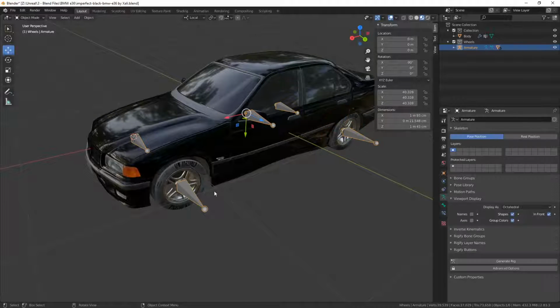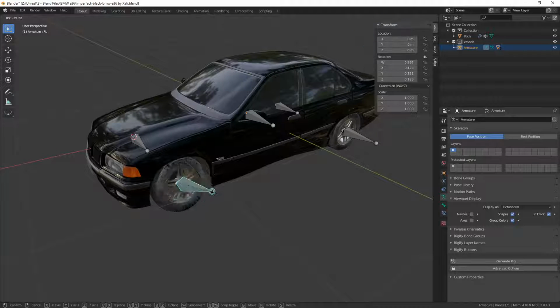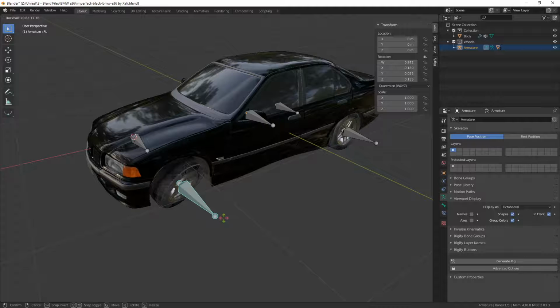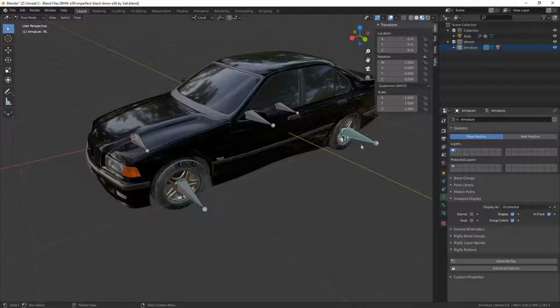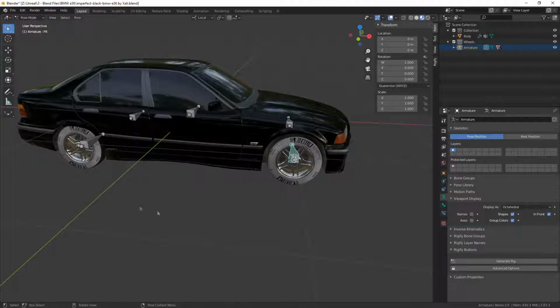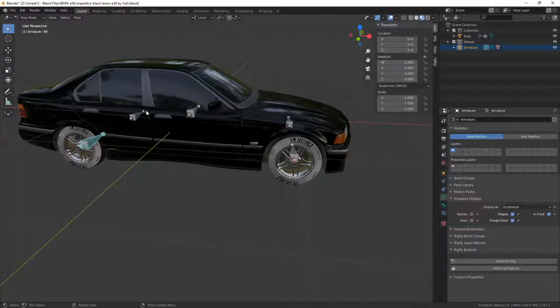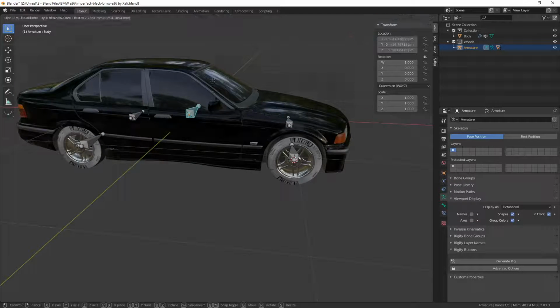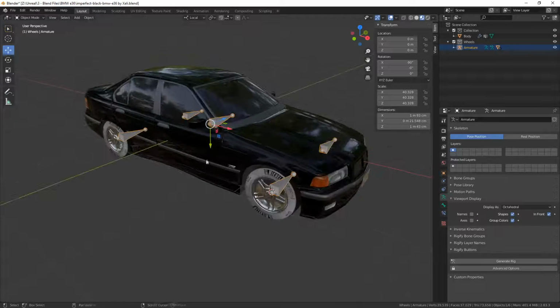And you can test this out if you select the armature and Control Tab to go into pose mode. You can press rotate now, or G, and you can see the whole wheel goes with it, there you go, it's all working fine. Select these just to make sure. Yep, nothing else that shouldn't be affected is affected, so that's good. And then the body, which is this one, everything should move with it. Yep, happy days, we are good to go.